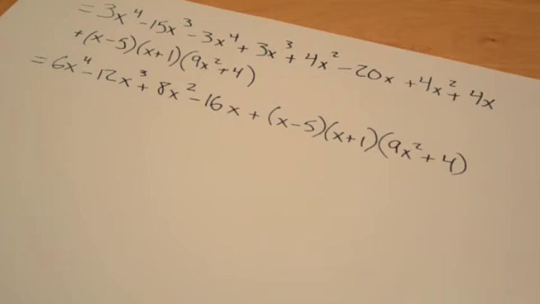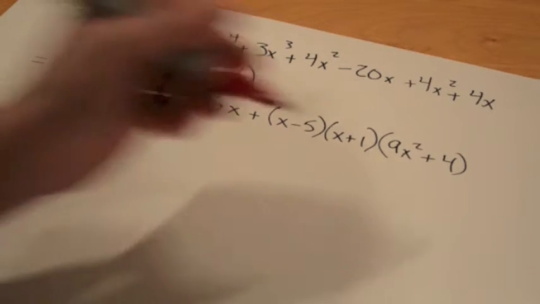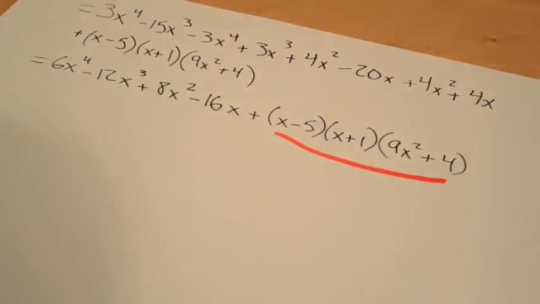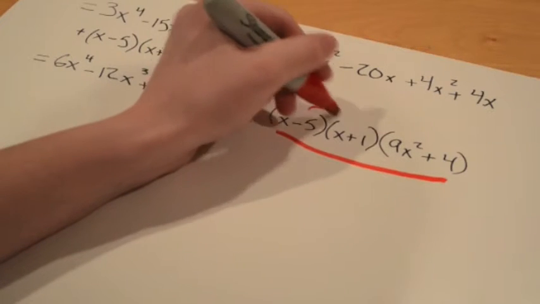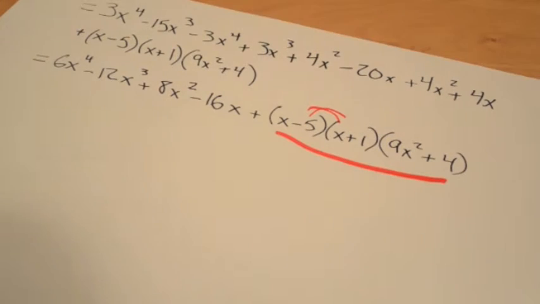Now, from this step, you're going to want to actually start to multiply these out right here. Now, the first thing you're going to do is multiply these ones out right here, x minus 5 and x plus 1. So you're going to FOIL those, and you're going to get,